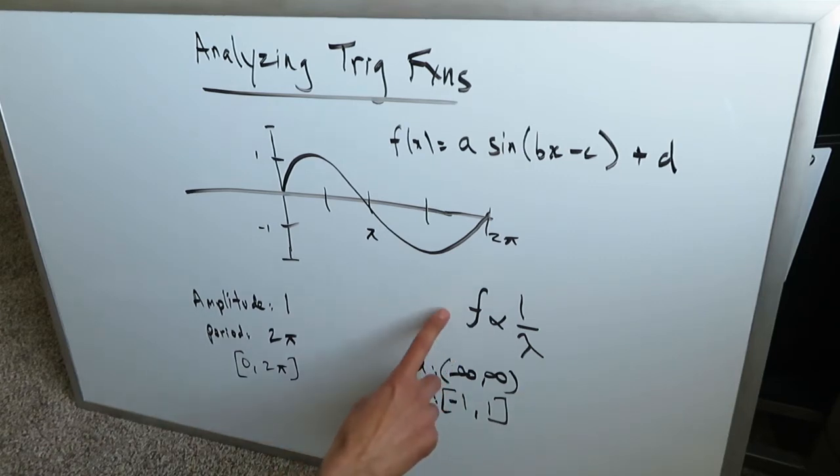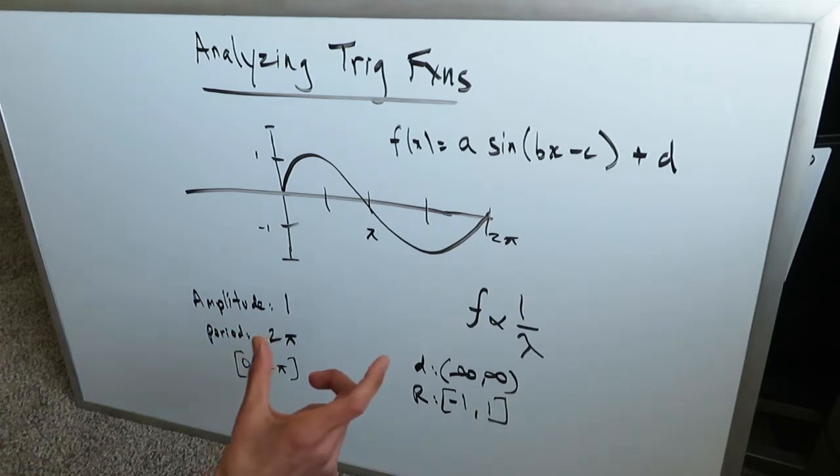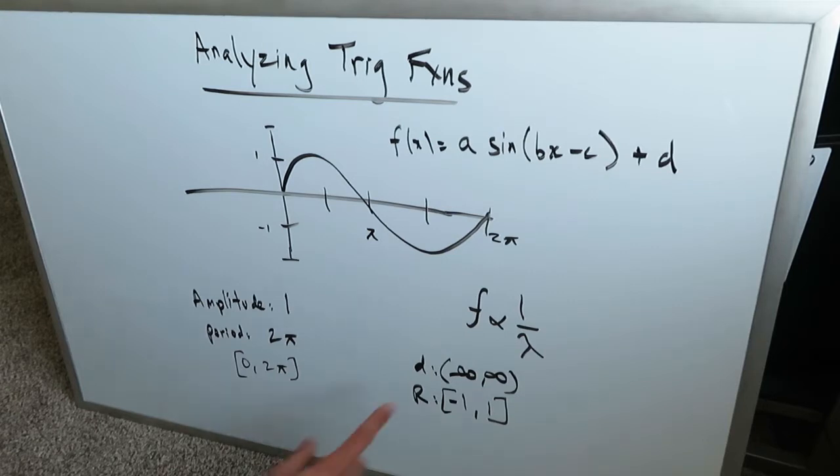But there's an inverse relationship between the frequency of a wave, that is the number of waves that are passing through a given point in time, and the length of those waves. You can imagine if a wave is really long, if each wavelet is very long, having a very high period, you'll have a fewer number of waves passing through a given point of time, versus a wave which has a wavelength which is very small. In that case, the frequency will increase. So there's an inverse relationship between frequency and wavelength,